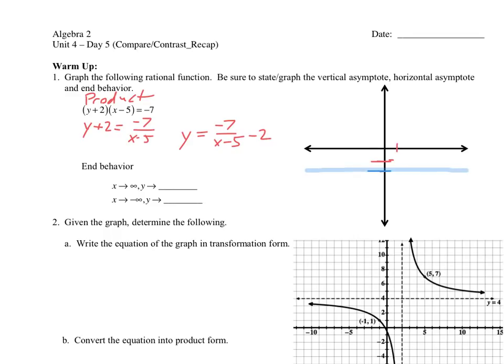So 1, 2, 3, 4, 5. Now, transformationally speaking, we're going to stretch everything by negative 7. So the table that I'm going to make here,